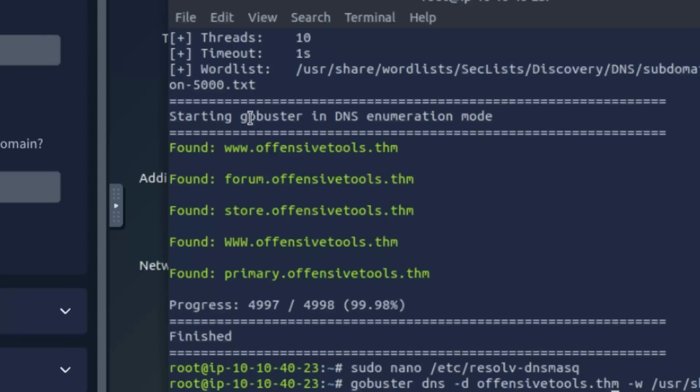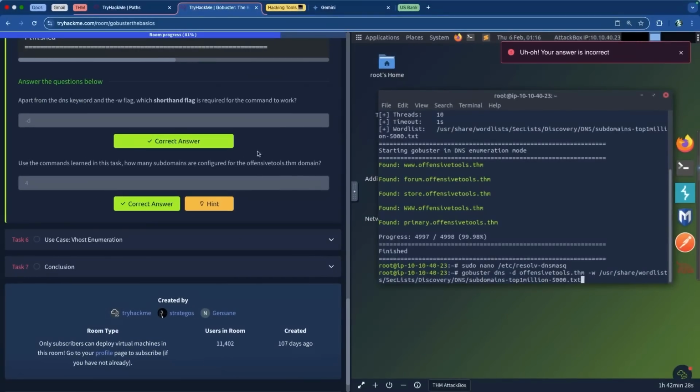Oh, you know what it is? The www right here is lowercase, and then we have www uppercase. So I believe that counts as one of the subdomains that are listed for offensivetools. But the exercise actually completed. The command was able to run, which was the big thing that I was really trying to get done, because